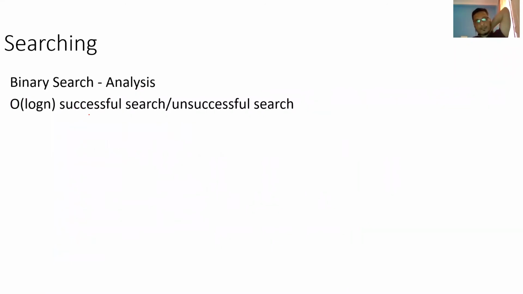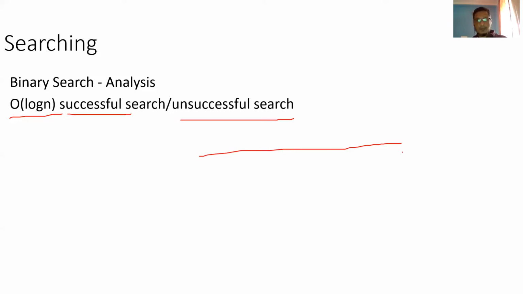So I think this is successful search, unsuccessful search, right? So it is big O of log n. I think I already explained this. So why is it big O of log n? Irrespective of whether the search is successful or unsuccessful, because every time you are dividing the array by 2, right? Even if you find the element, the best case can be that in the first iteration only you find the mid. So when you started the search, when you do this low high, you found the mid. So that could be your best possible case.